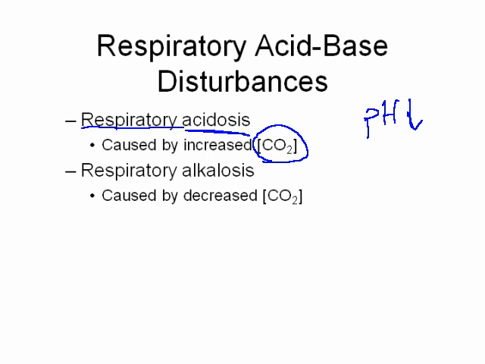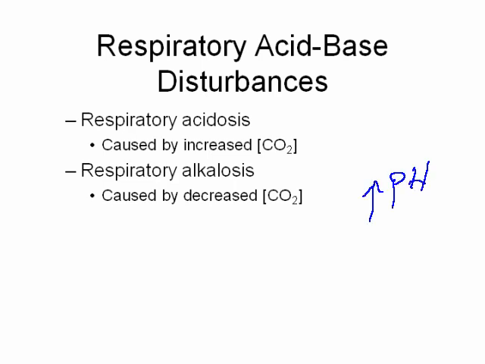And this would be called respiratory acidosis because it is due to a change in CO2. Respiratory alkalosis, which is when pH increases above normal, is due to decreased CO2 because the respiratory system is not blowing off as